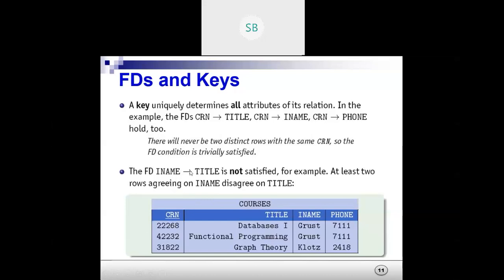That the instructor uniquely identifies the title of the course does not hold. Why? Because I may be teaching RDBMS, where the course name is RDBMS. Suppose my name is Shweta. From my name, you cannot find out what subjects I'm teaching, because the same subjects are taught by other teachers in other courses. So we have to totally disagree that the instructor name is enough to identify the title of the course.